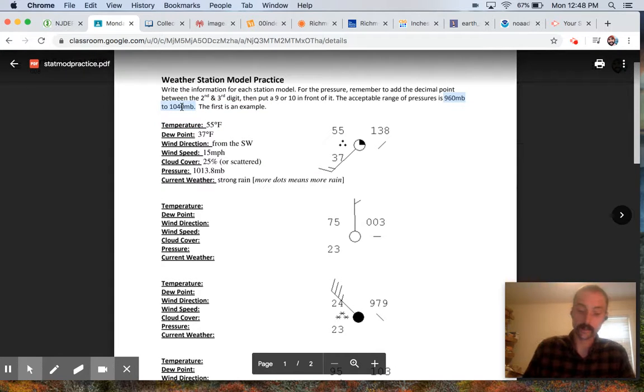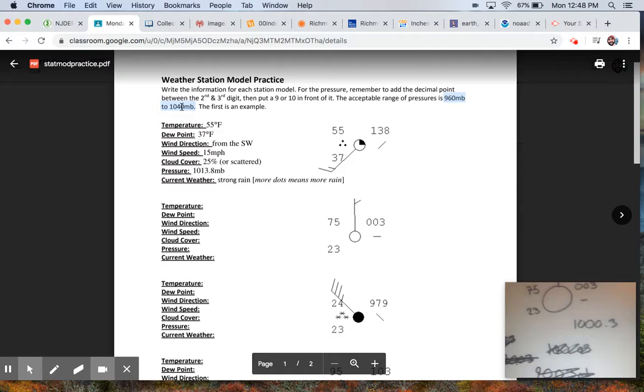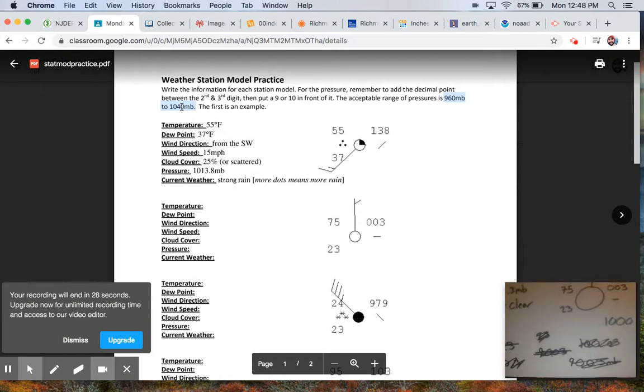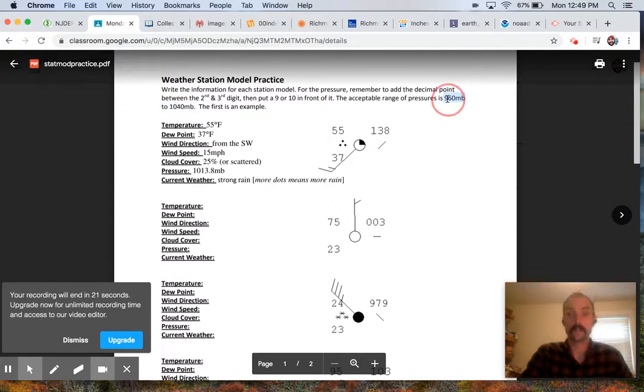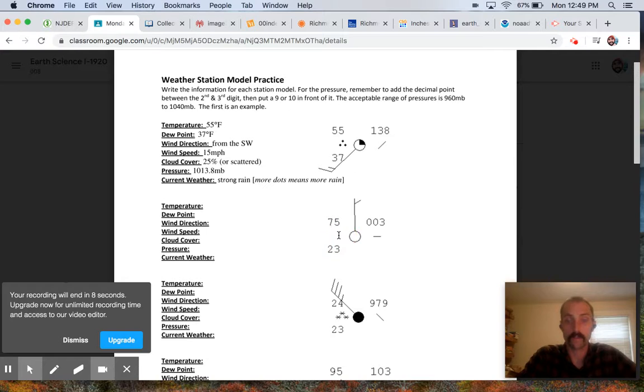So let's try out 0.3 and put a 10 in front of it. If you put 0.3 and add a 10, right here, this 1000.3 does fall into the acceptable range of 960 millibars to 1040 millibars. So we would then add in our pressure as being 1000.3 millibars. In this case, there is no current weather happening, so we could assume that the weather is clear. So looking at our final answers,